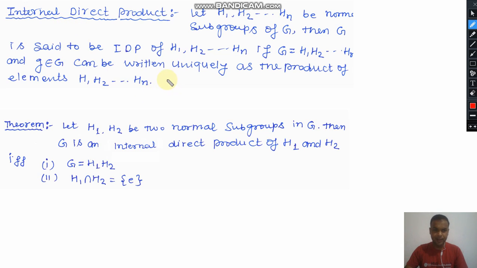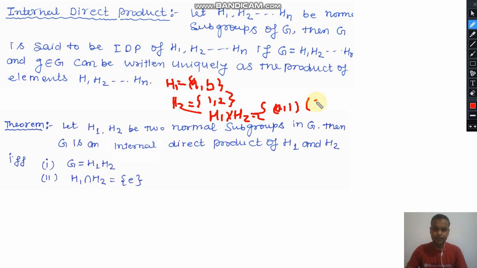Let us suppose we have a subgroup H1 having elements a and b, and we have one more subgroup H2, whose elements are, let us suppose, 1 and 2. Then the external direct product of H1 and H2 will be written as H1 cross H2. Here you will use the cross symbol, and the elements of this set will be ordered pairs of the elements: a with 1,